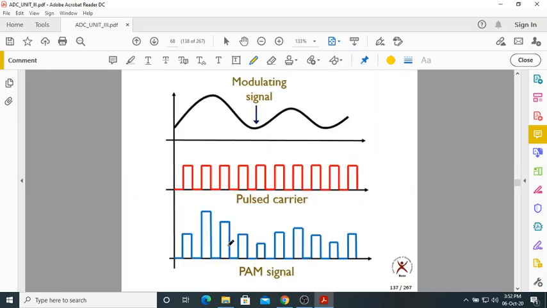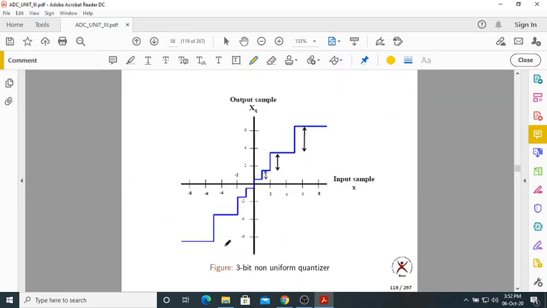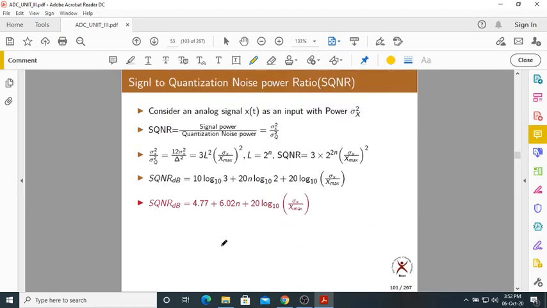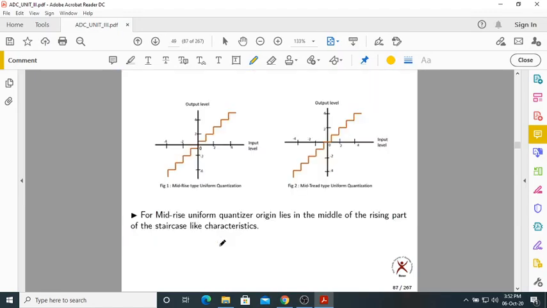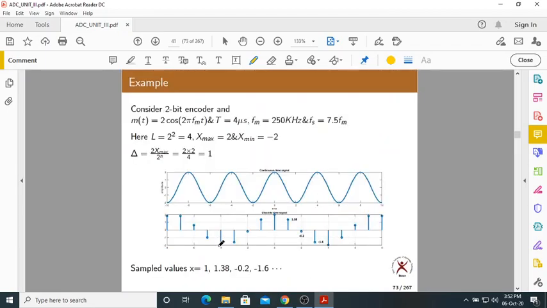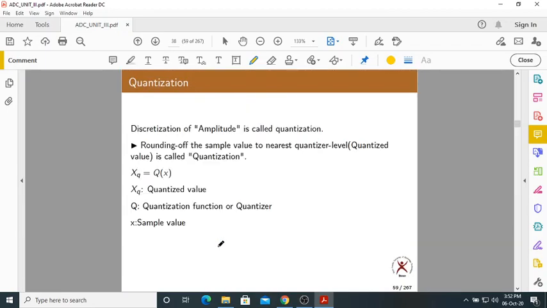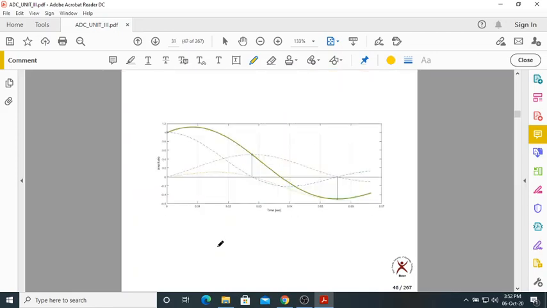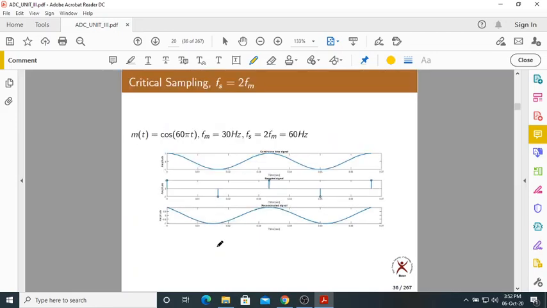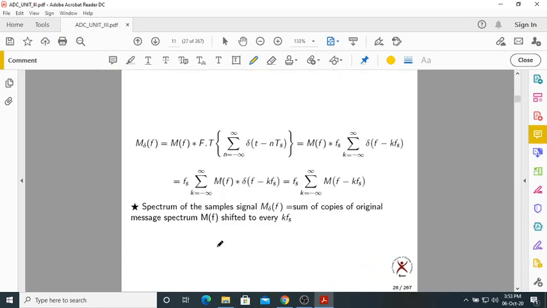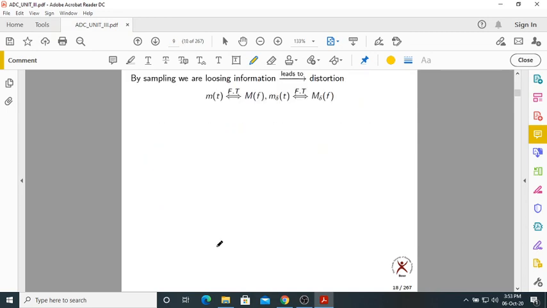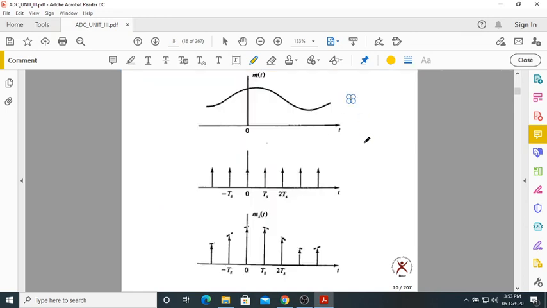Why? If you go to the sampling process, what do you do there? What is sampling first of all? You take a message signal and multiply it with a train of periodic impulses, isn't it? In that sense, it is called a modulation, because it is similar to multiplying the message with a carrier. This is a message signal, this is a carrier signal. You just assume this is a carrier. We are multiplying these two just like a modulation.